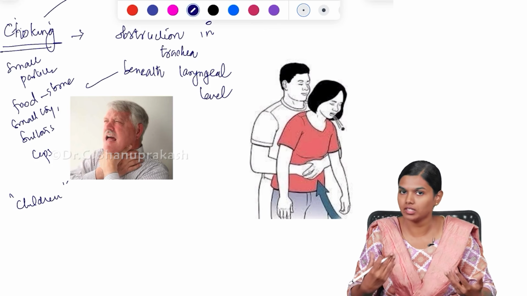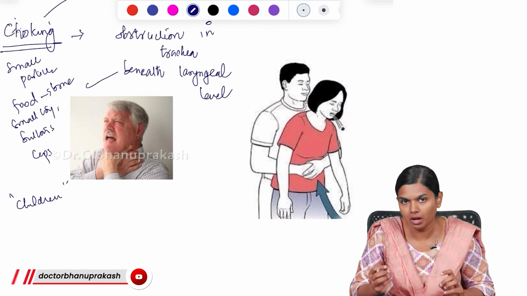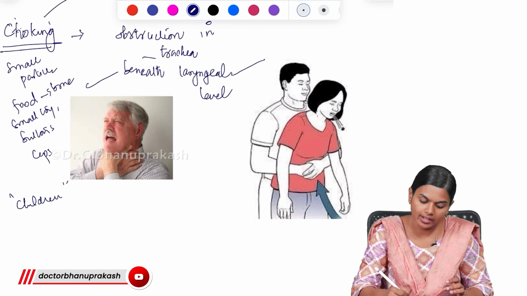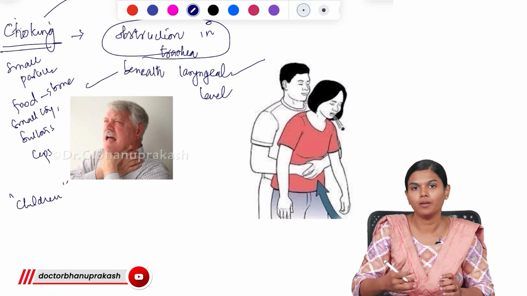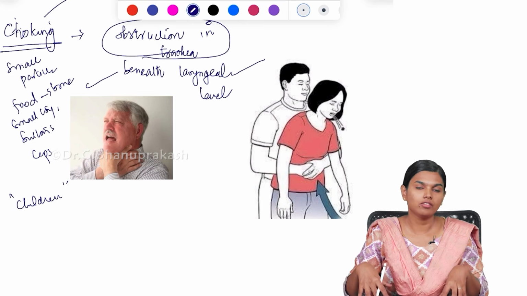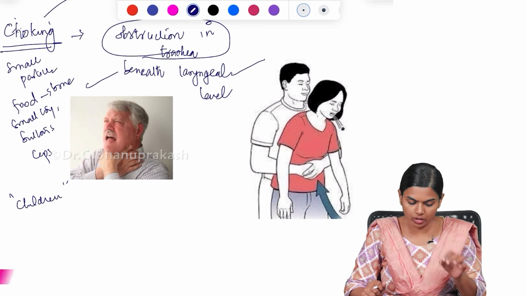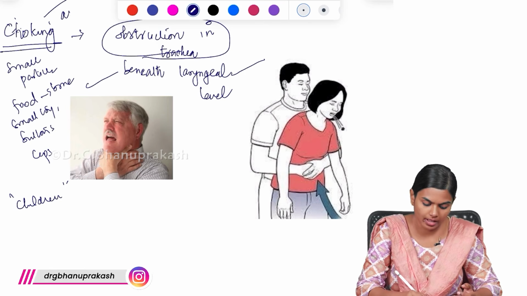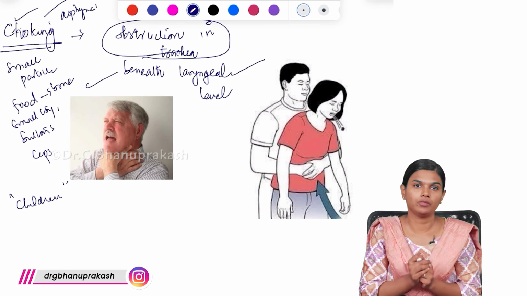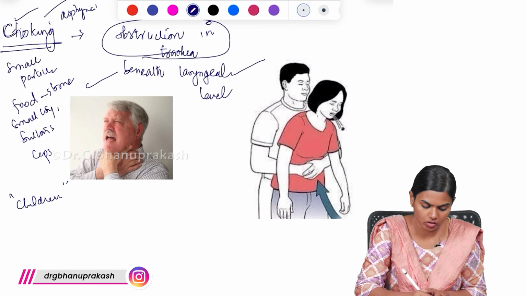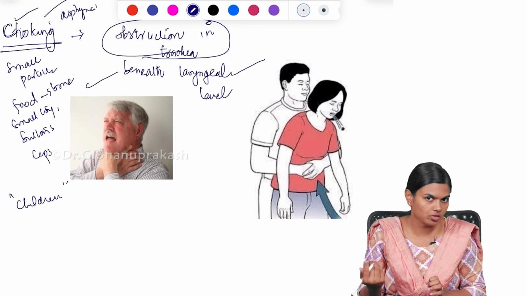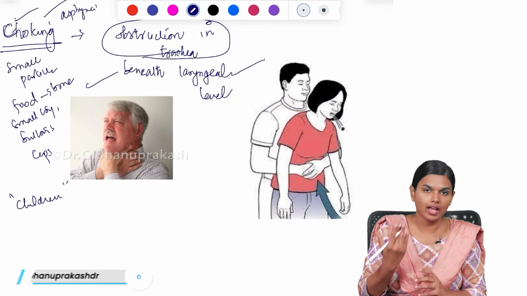They will intentionally or accidentally put all these small particles inside, and it will go beyond the larynx and cause obstruction in the trachea, the bifurcation, beyond the bifurcation, the secondary level, everywhere it will go and obstruct. Because of this obstruction, there will be asphyxia. This we call choking. So this is the main thing in case of choking: beneath the level of the larynx, due to these particles, there will be obstruction which will result in asphyxia.